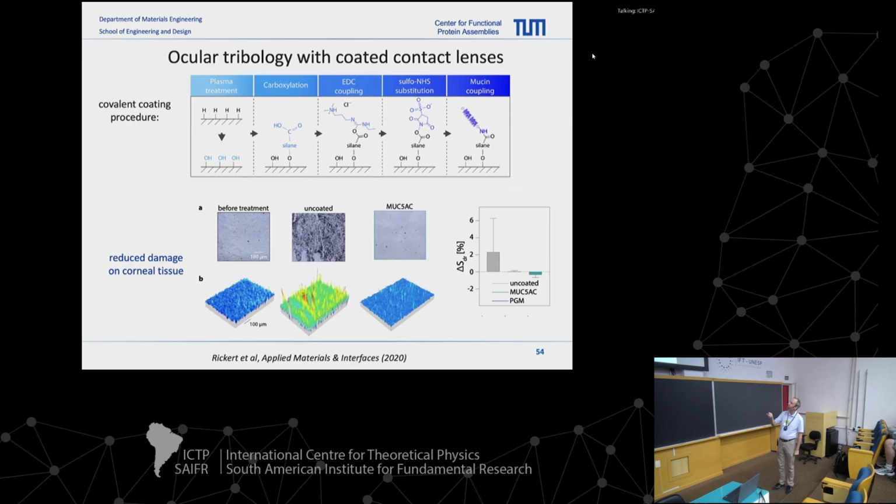First with a plasma treatment to activate the surface, then we have the silane layer, and then this carbodiimide-based coupling chemistry, so that then the mucin is firmly, covalently attached to the surface of the contact lens. Amazingly, though, you don't see the coating at all. If I had brought you coated contact lenses, they look completely transparent. If you do measurements on them, they're completely transparent in the visible light spectrum, so the optical properties do not